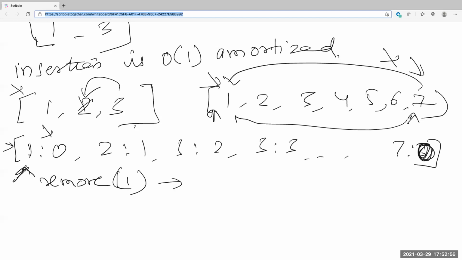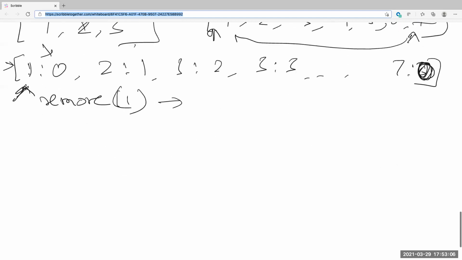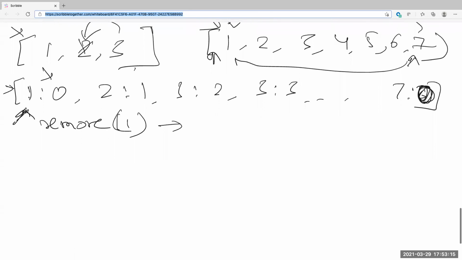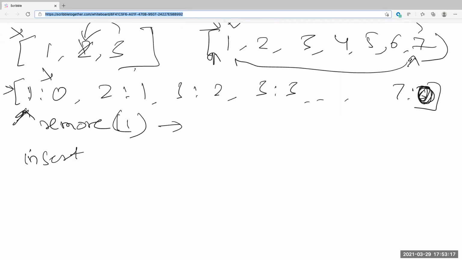So did you get the answer? Yes, Ankur, understood. Okay, so who else? Srinivas, did you understand? I think I just joined now. Okay, anyway, I'm recording, so I'll put up the stuff, so maybe you'll see and you'll understand. So now we have insert in O(1). We have delete in O(1).